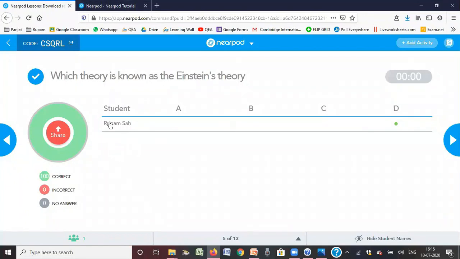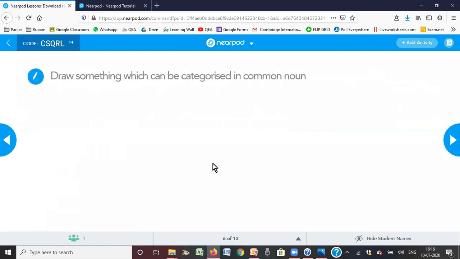And as a teacher, I am able to see that the student has clicked D as the answer. So if you have more students, immediately you will get to know who has clicked on A, B, C, D. So within seconds, you will get to know how many students are answering it correctly and how many are not, because your students' names as well as their answers are reflecting. And they're reflecting in the form of a chart. So it is very easy for you to identify who has got it and who has not. Let's move on to the next slide.